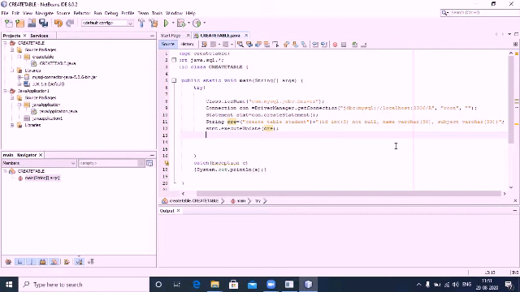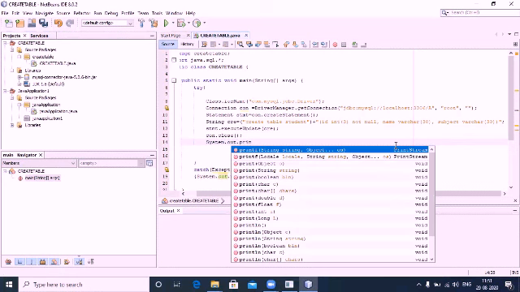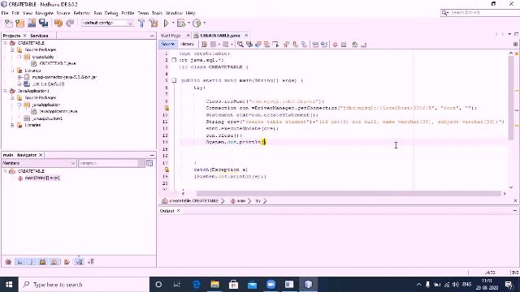Now we have to close the connection, con.close. I want to give an output statement here saying that the table is created. println table created, which will be displayed in this Java application.